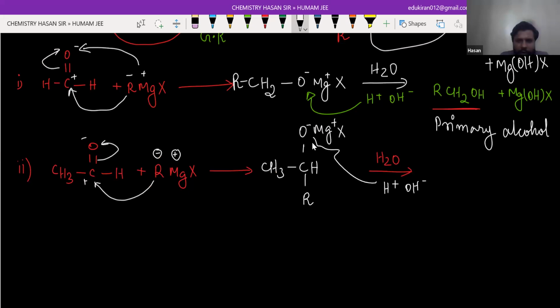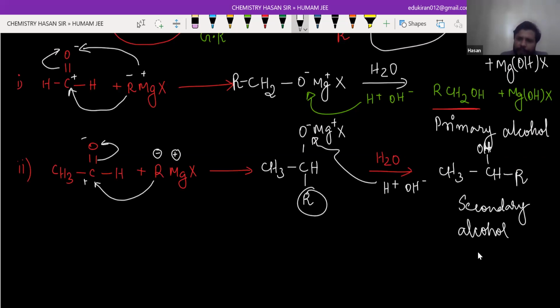This positive will be going to the oxygen, O negative. So what will you get? CH3, CH, and down R I'm going to write on the right side, and this becomes OH. That means secondary alcohol, and the rest, the byproduct, is constant. So what I want to tell you is that except methanol,